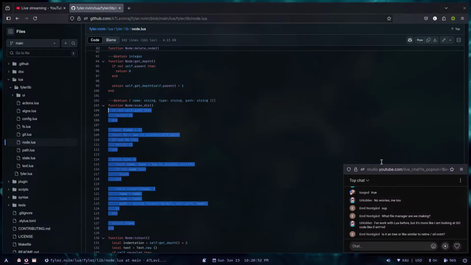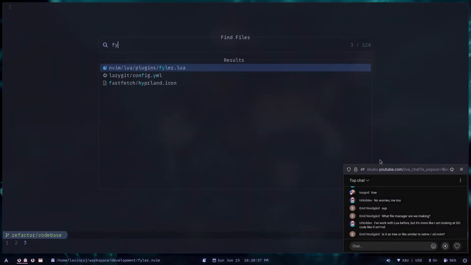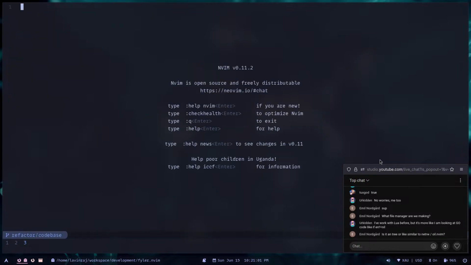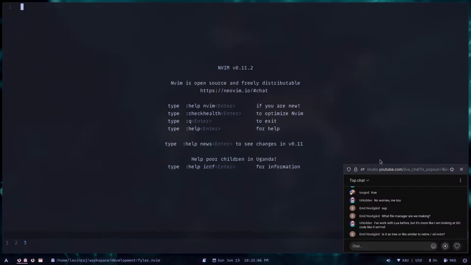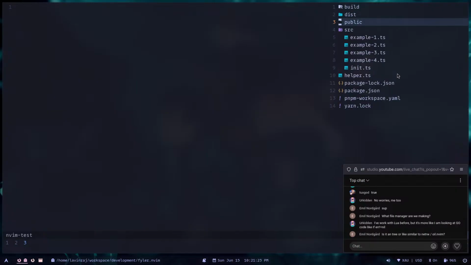Okay, so let me show you a little kind of a demo what this plugin does. So I have to disable this. I have to install this plugin. Okay, let's go to a demo directory. So if I write this command filer and press enter, you can see here's a file manager is open. And if I press enter, you can see a tree kind of a view